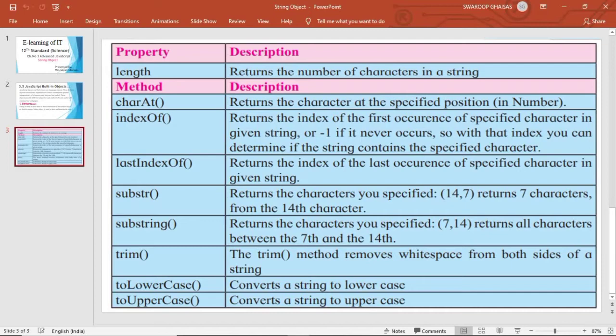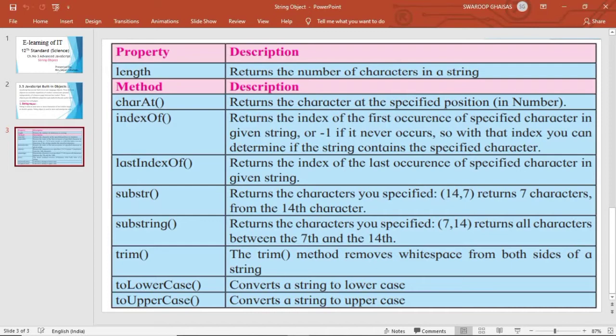That is, within this parenthesis of charAt, if we specify 5, then whichever character is at that position will be returned. Here positions are counted from 0. That is, if there are 5 characters in a string, counting will be 0, 1, 2, 3, 4.